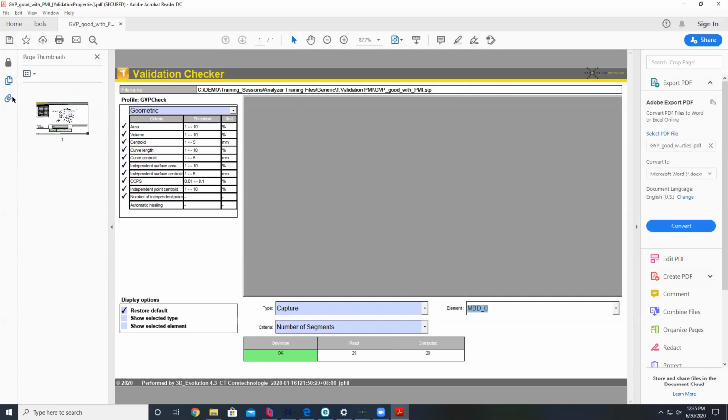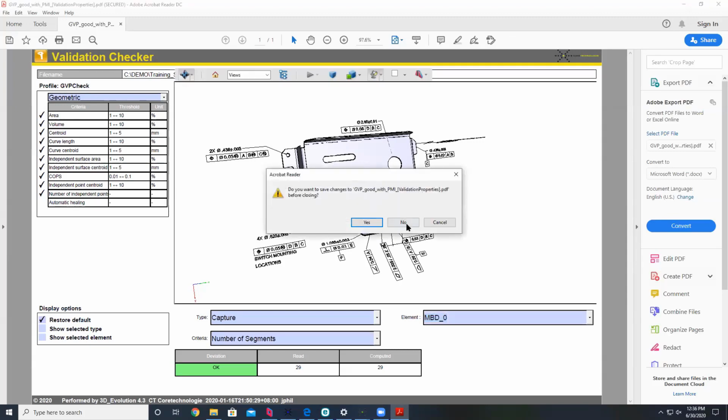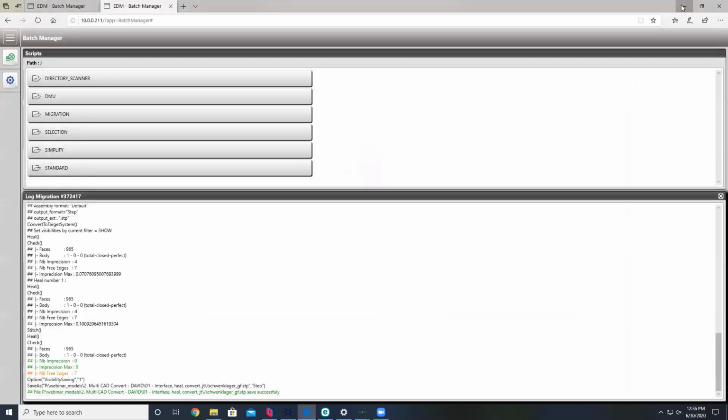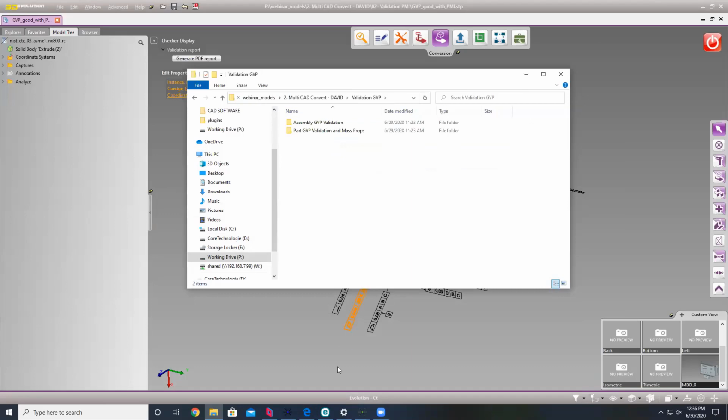So if you're doing a technical package and you want to also write this out to a JT file and you want to embed this PDF file in a JT file or embed the STEP 242 file in, you can. So I have about 4 minutes. I'm going to show you our GVP check using a little bit more defined checks that are based on the consortium standards. So,